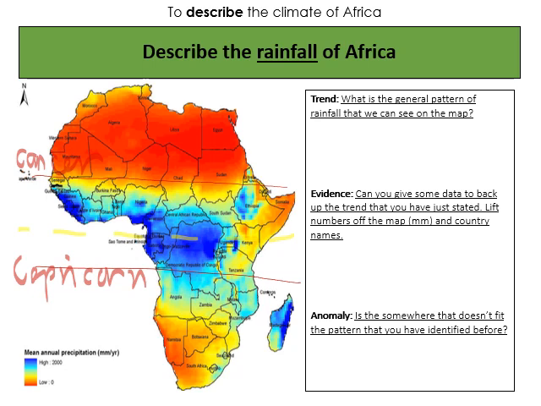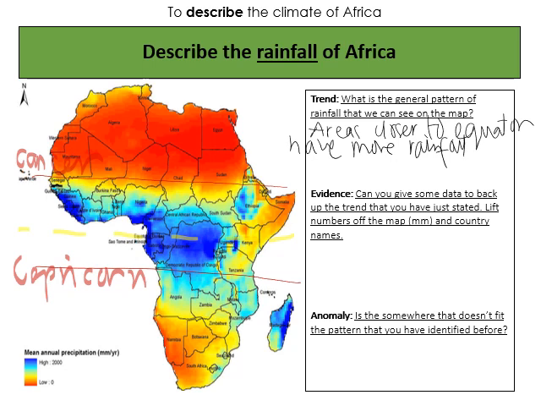Okay, so let's try and write a trend for this. It might be worth saying something that areas closer to the equator have more rainfall and areas closer to the Tropic of Cancer and the Tropic of Capricorn have less rainfall. Okay, so let's back this up with evidence. Well, first of all, we need to make reference to the names of places, and we also need to make reference to the key. So we might start to say things like, for example,